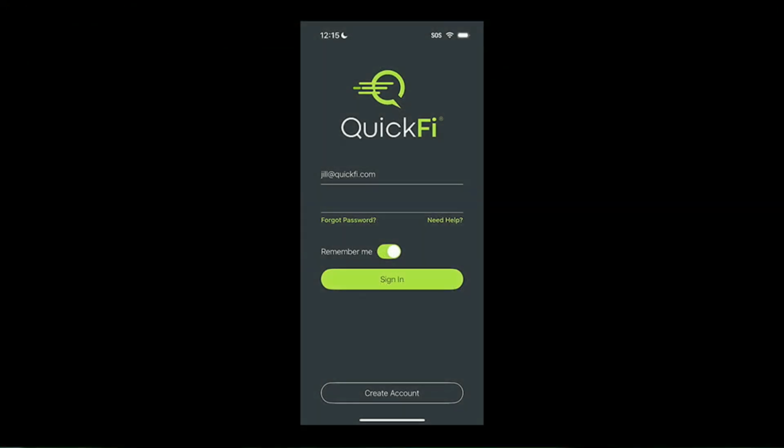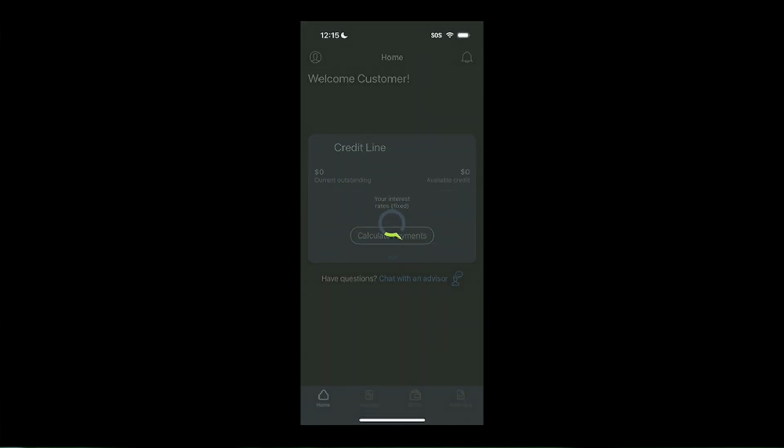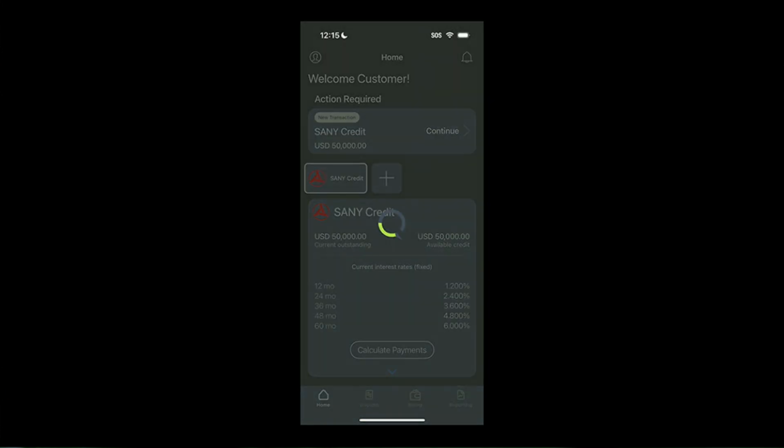Next, we'll show you what the customer experience is in the QuickFi mobile app. The customer logs into the mobile app to complete the multi-factor identity verification and a live facial recognition scan. Once the customer is logged in, they will see the partner's branded logo on the home page, as well as the pending transaction, which she'll tap to complete.